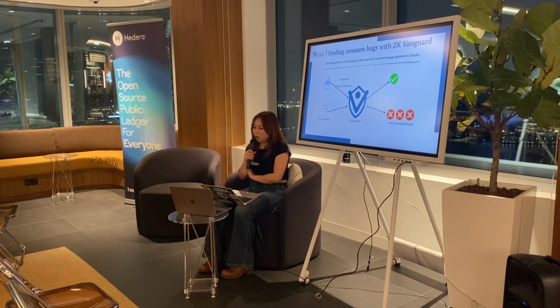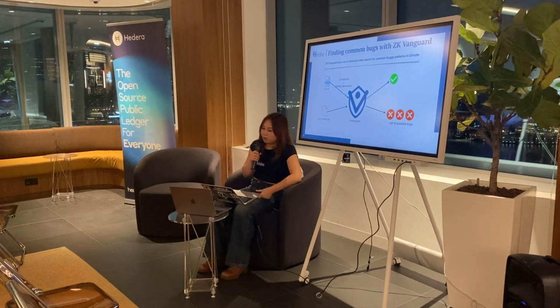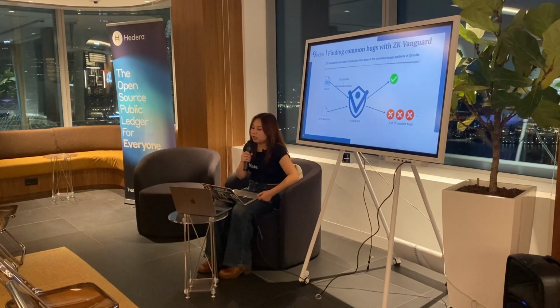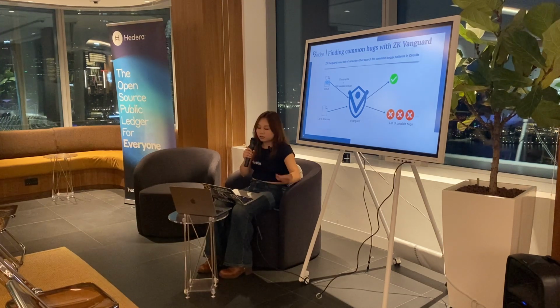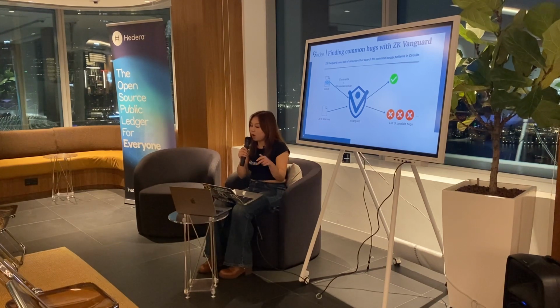So first, I will go into more details about zk Vanguard. You give zk Vanguard two things: the witness generation circuit with the constraints and the list of detectors. Each of these detectors basically encodes a common bug pattern for zk circuits. Then zk Vanguard will analyze the witness generation circuit. It will either say that everything is okay or produce a list of warnings corresponding to possible bugs in